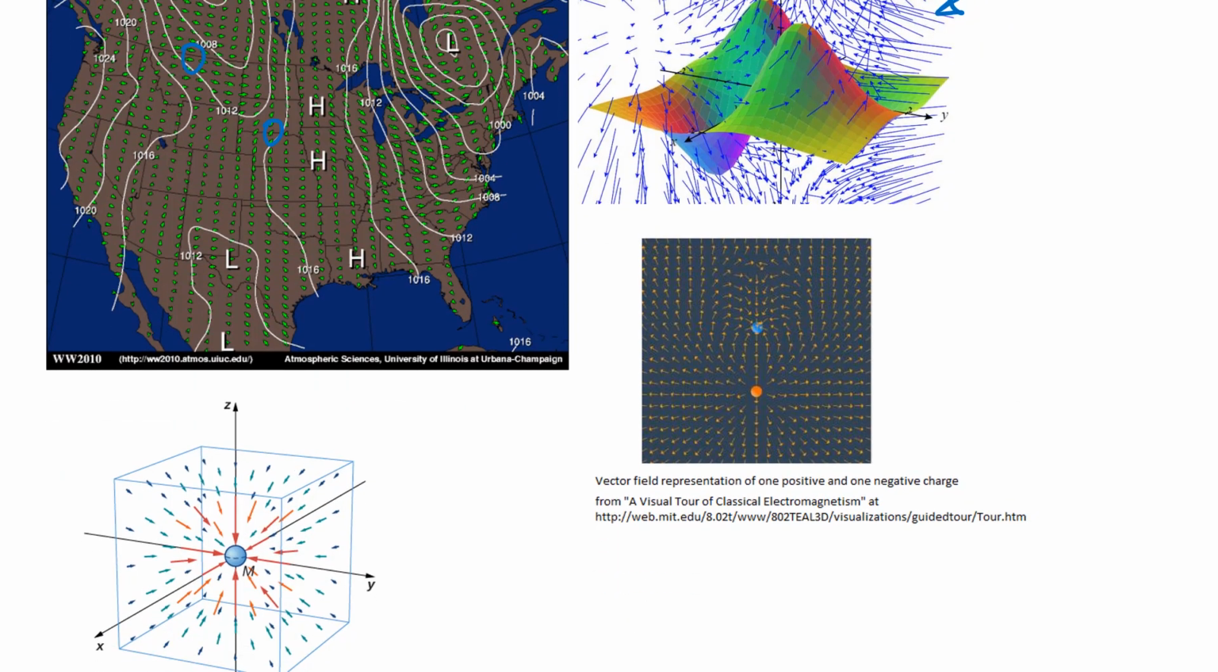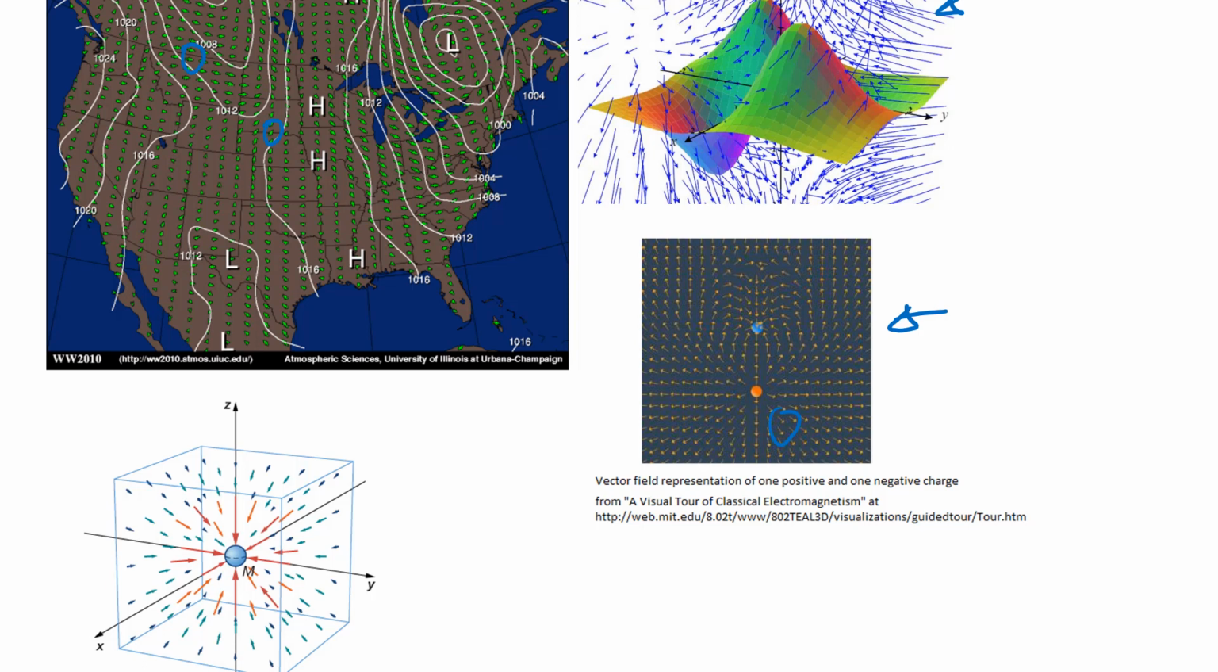The one right below that here is one that I found on a website. It's from MIT, a visual tour of classical electromagnetism. And this is supposed to be a vector field representation of electromagnetic field for one positive charge, that would be the orange one, and one negative charge. And so you can see you have all these different vectors here pointing in different directions and different magnitudes as